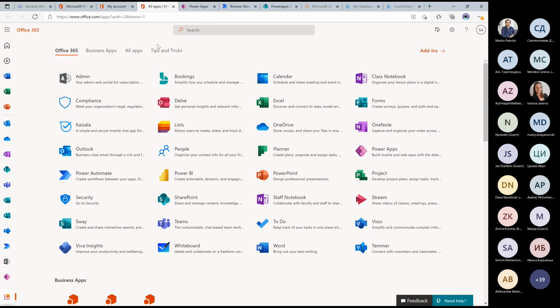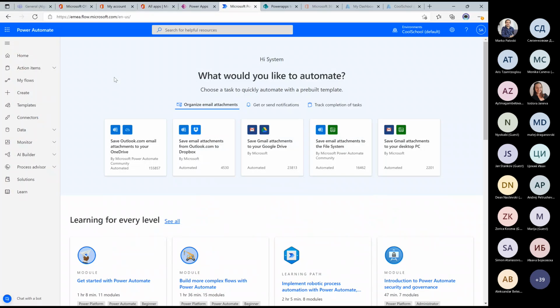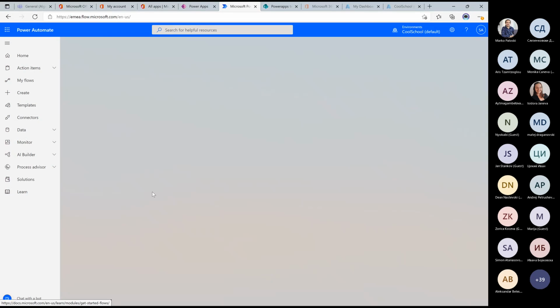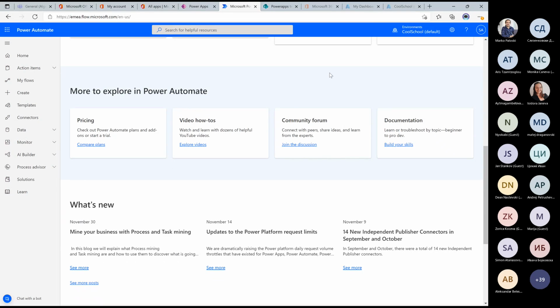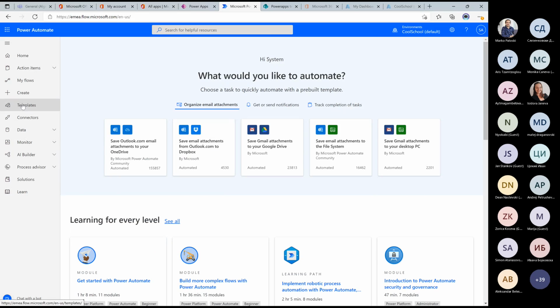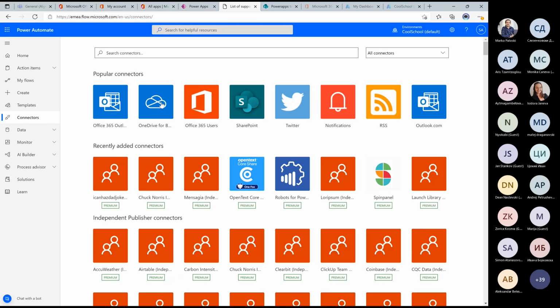So let me first start with PowerAutomate. I already have it opened here. So for example, I already have, again, some training here, and I can go through these trainings to get the feeling on how PowerAutomate works. There's also some more how-tos and videos and so on, but let's just start from templates. The good part is, sorry, let me switch to connectors first. The good part is that this lets me not only use